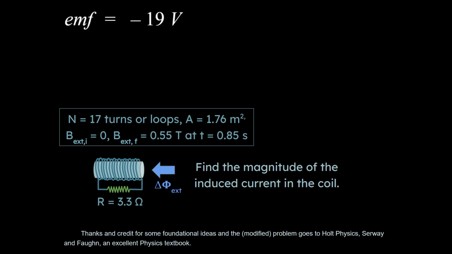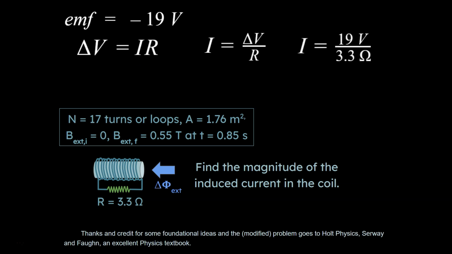Something that you may not have thought about for a while. Can you see where we're going with this? Think about it. Currents, we've got a resistance, we've got an EMF going on. Any idea what equation we could possibly use for this? Well, what we could use would be Ohm's law right over here. So this EMF is similar to a potential drop or a potential difference, and we're looking for I. We're looking for current. So let's go ahead and isolate for current, and then we can plug in our numbers and we can solve, and we get the idea that it's going to have an induced current of 5.8 amps